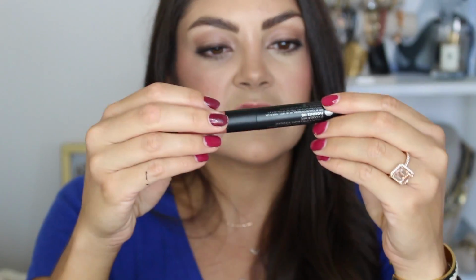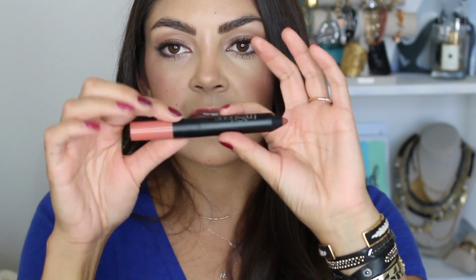Finally for lips, I'm using the Trestique pencil in this shade Florence Fig. Again, it's magnetic. Let me see if this end is anything. Okay, so I think this is a balm. Let me read. Shiny Balm Lip Crayon. Matte color and Shiny Balm Lip Crayon. I'm gonna wipe off some of this balm from the Kaplan. And I'm gonna outline